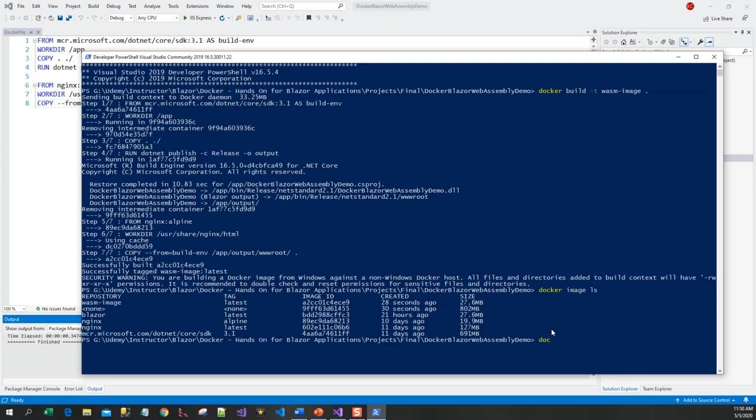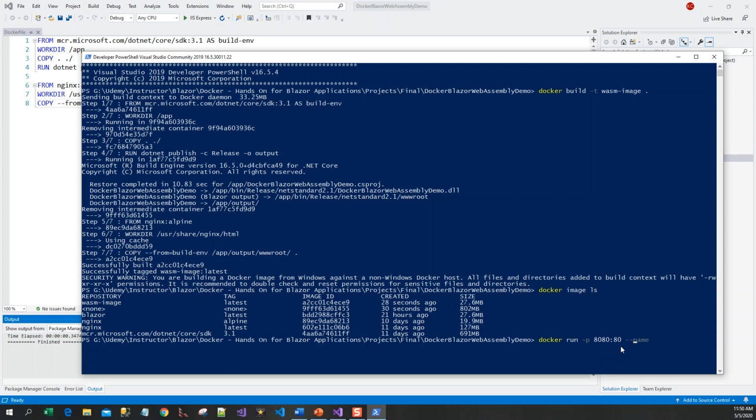Okay, and now let's run the image to create the container. So the Docker command is docker run, with the p switch for port, and 8080 should be free, I hope. So 8080 is the port on the host, which is mapped to port 80 on the Docker container, and then I will give it a name with --name.